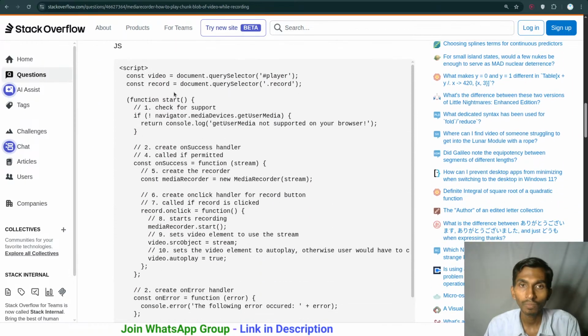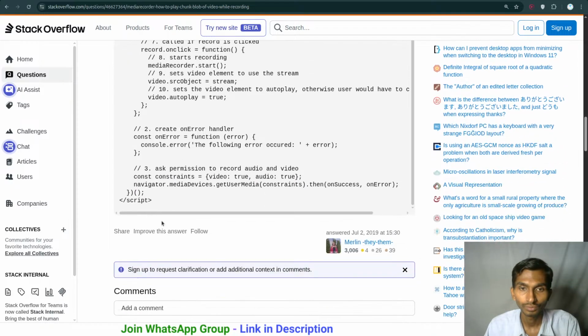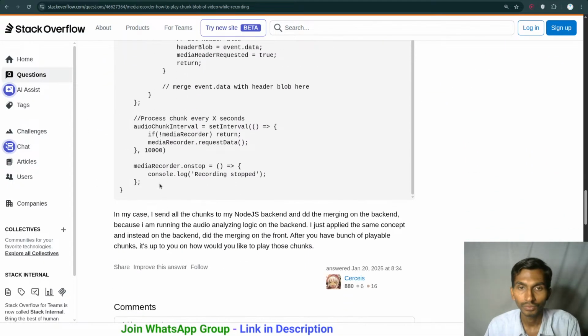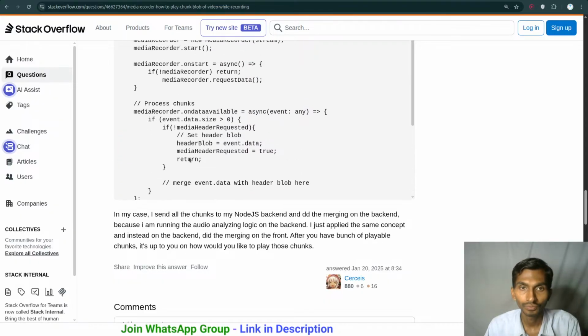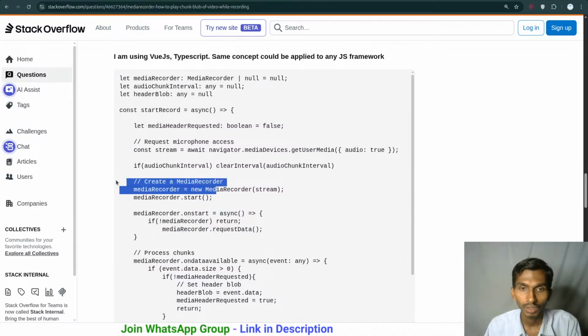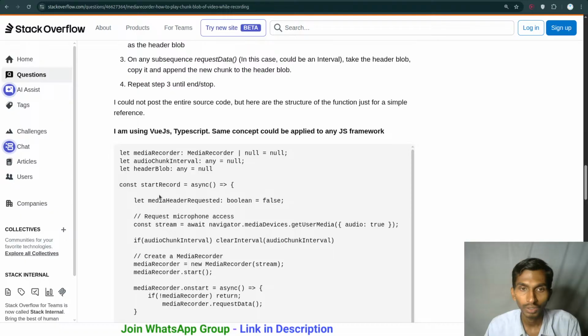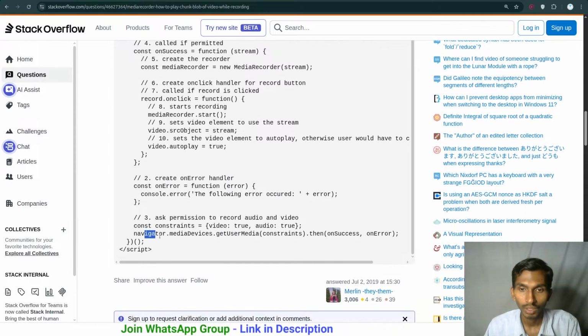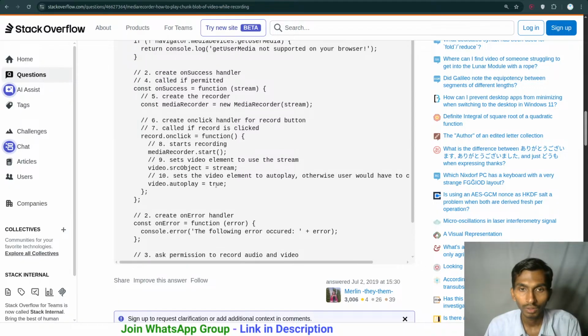Apart from this, there are things mentioned here like on stop, interval, on data available, on start, recording start, stream, header blob, audio, media recording, navigator media devices then on success, on error, and video autoplay true.